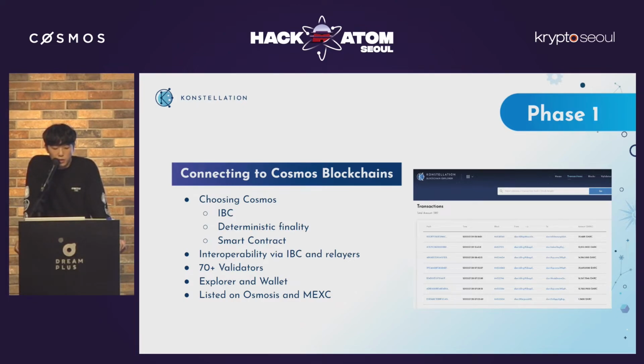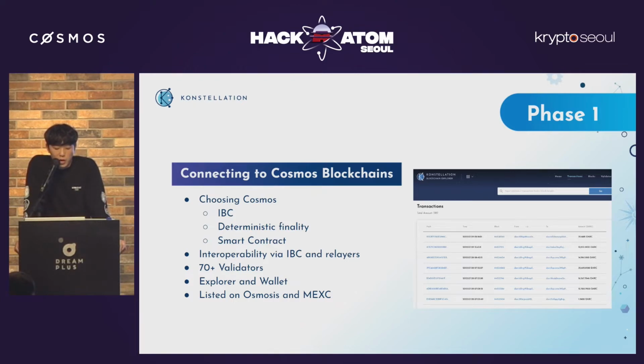And finally, the fact that various financial functions can be added through smart contracts or upgradability during the bridge process was an important and attractive factor in our decision. And the rest of them are basically the common steps for developing Cosmos-based blockchains. So our mainnet is currently IBC enabled with Cosmos Hub, Osmosis, and Juno. And there are 70+ validators at the moment, and it keeps getting more decentralized.